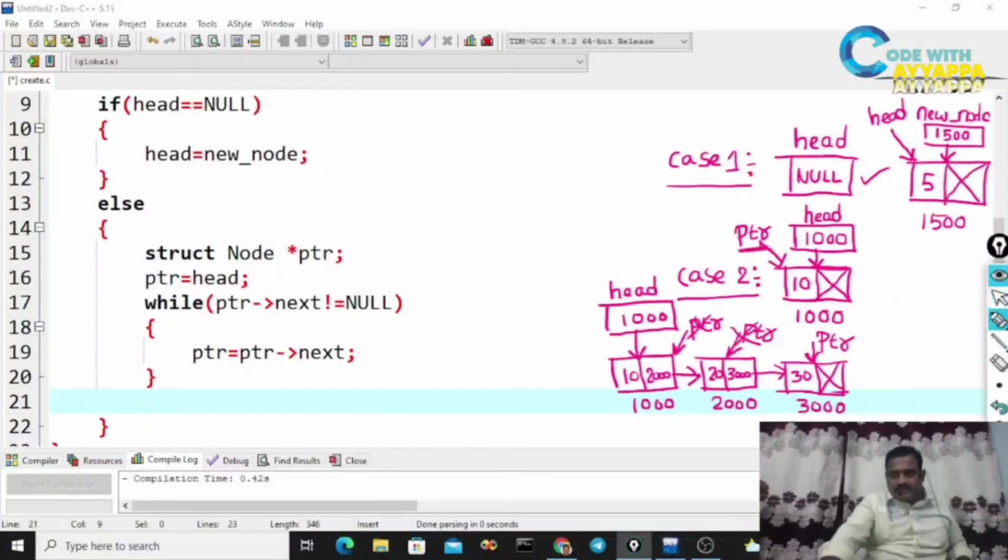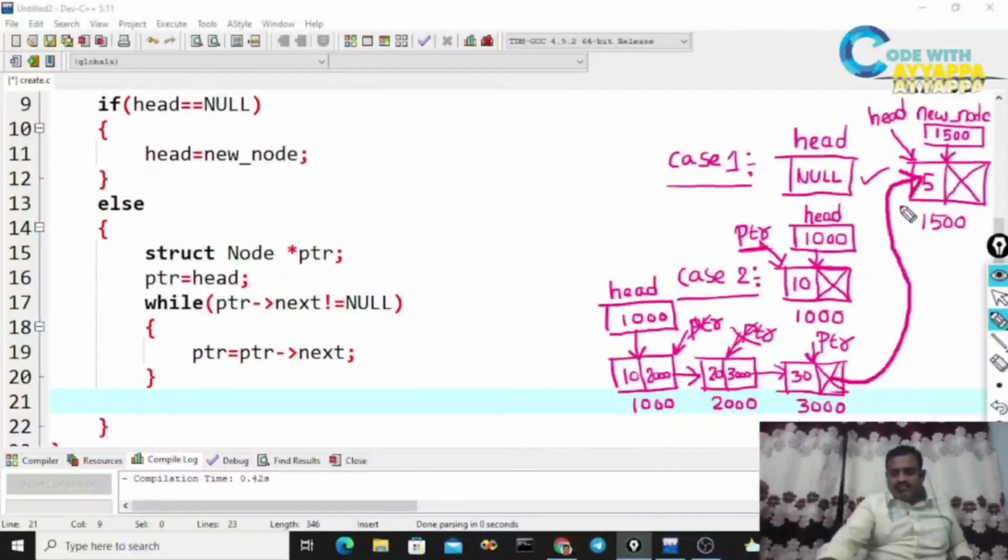Please observe here. Suppose this is ptr next. ptr next equal to new node, then this linking will be there. Yes or no? What is this field? ptr next. What do I need to assign? The new node address. What is the new node address? 1500. So how to assign this 1500? ptr next is equal to new node.